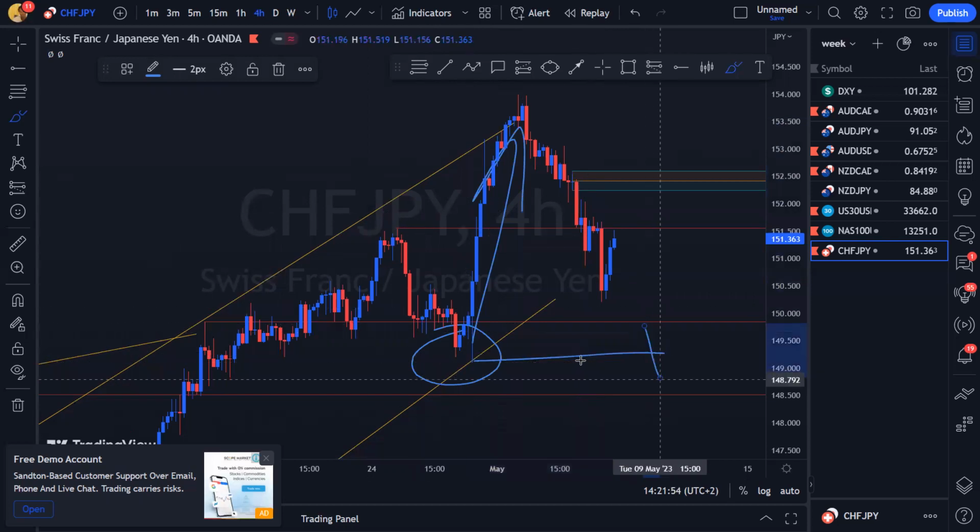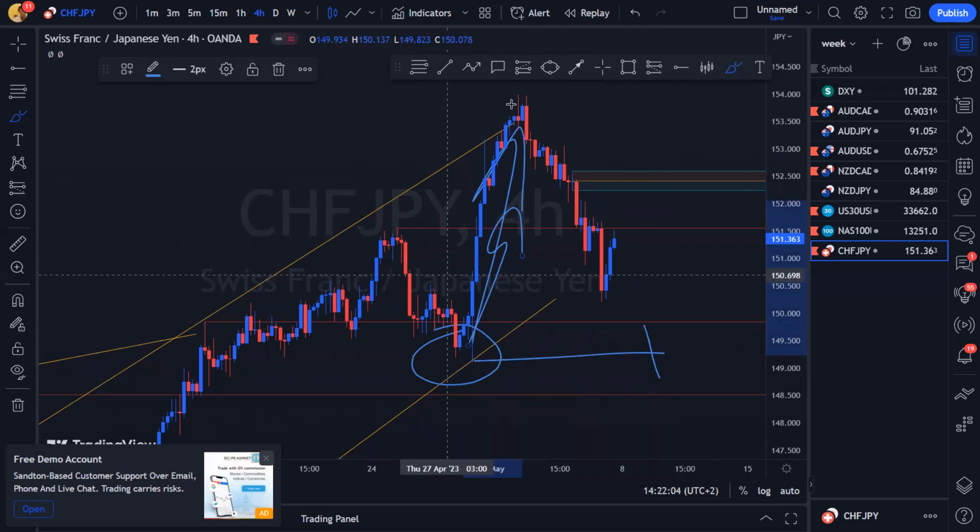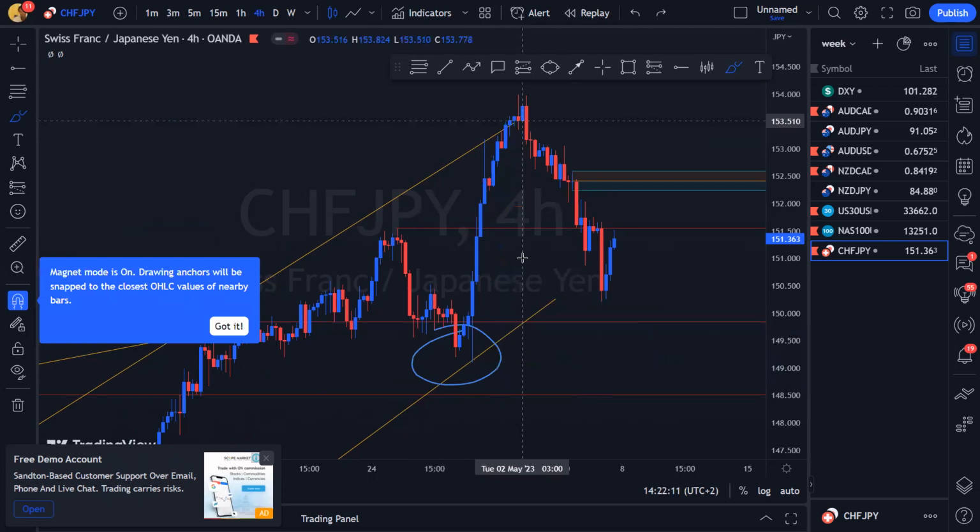What does that mean? That means that there's more sellers involved in the current environment than there were buyers that bought from here, because we broke this support. That'll be the only sign to us that there are now more sellers than there are buyers involved in this impulsive move. Until that happens, we're still inside of a bullish market. That's why I'm saying that I'm going to be looking for those reduced risk entries only.